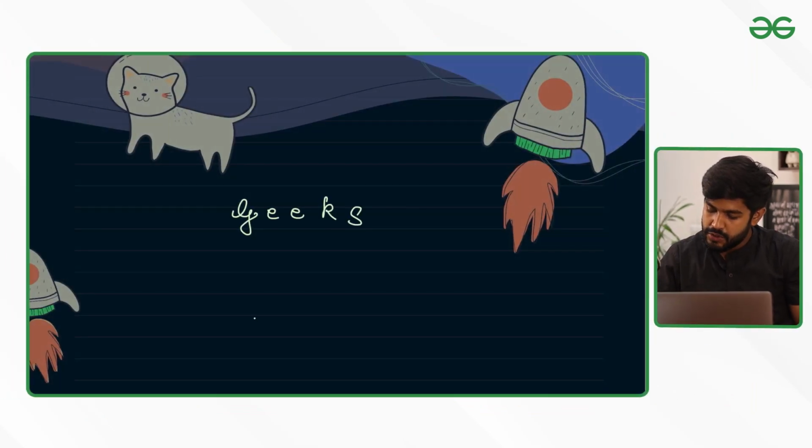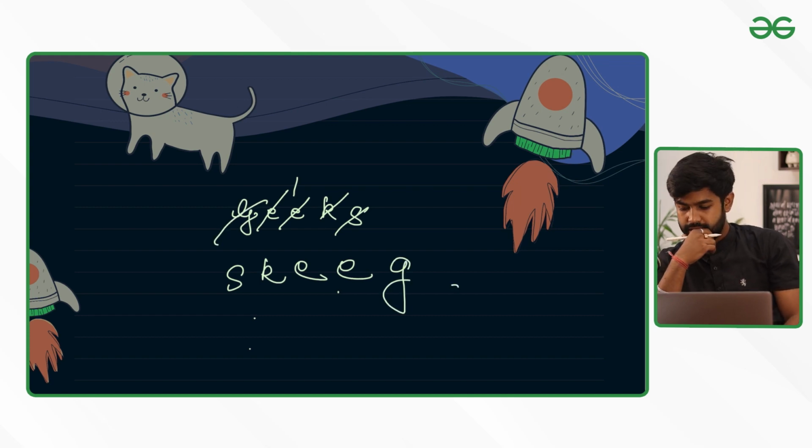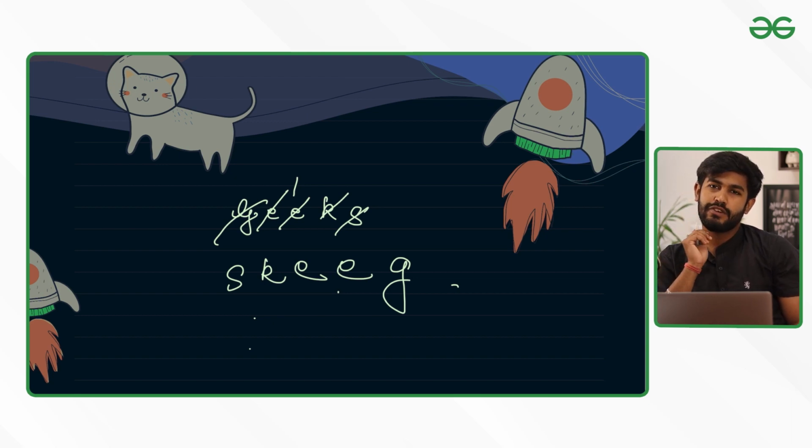GEEKS. So S would come to this position, K would come to this position, E would come to this position, and G would come to this position. That is why the output of the very first string is SKEEG itself. So talking about the solution of this, the very first solution would be taking an auxiliary data structure and then